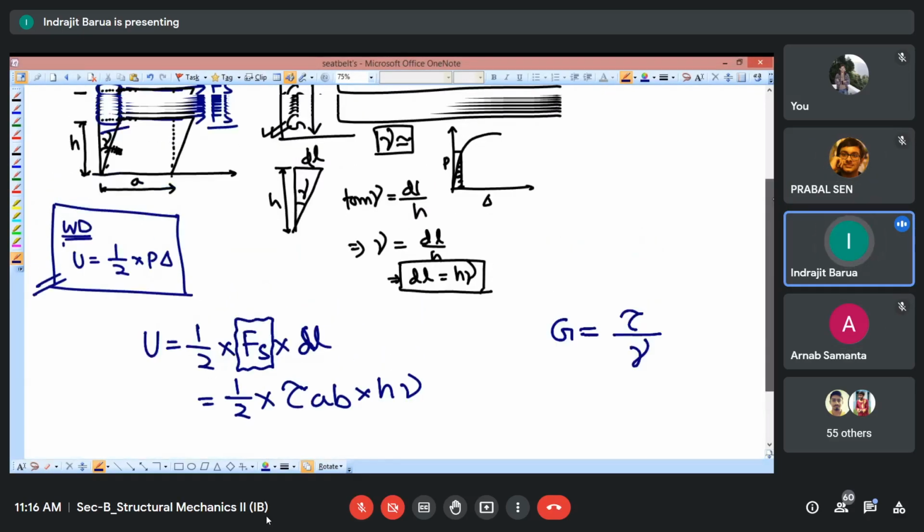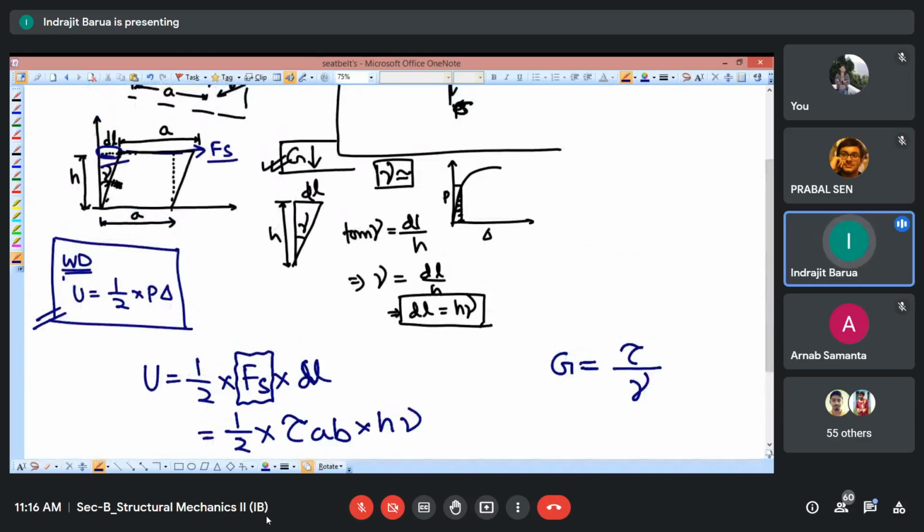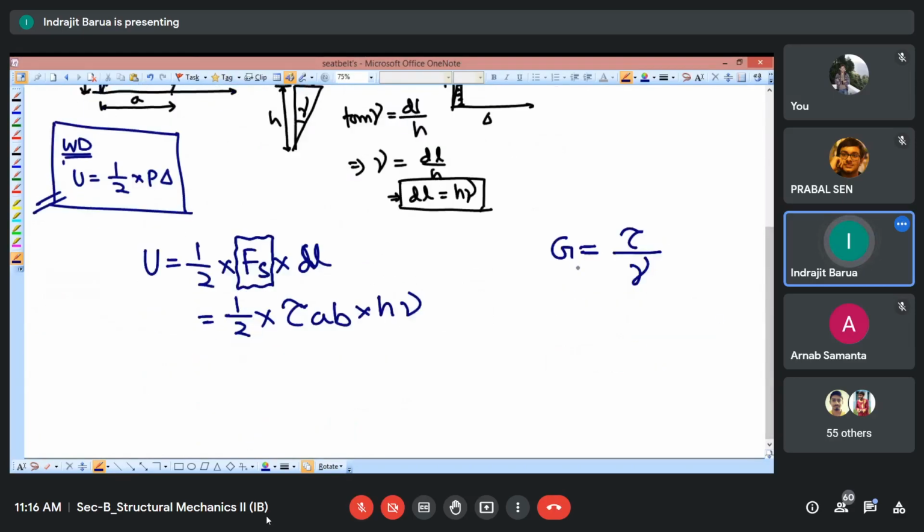This is in the longitudinal direction we are getting this one. With respect to this force, this is the displacement. This is not the strain. You can visualize it, you can see that this is the displacement. This will be having some units. This is the relationship, because this is the ratio: shear stress by shear strain, we are getting this modulus G.